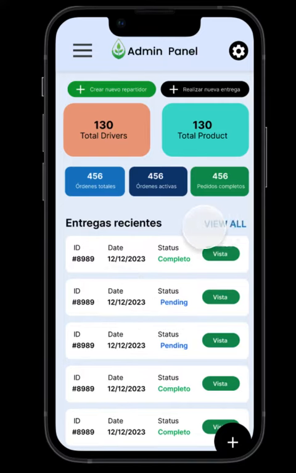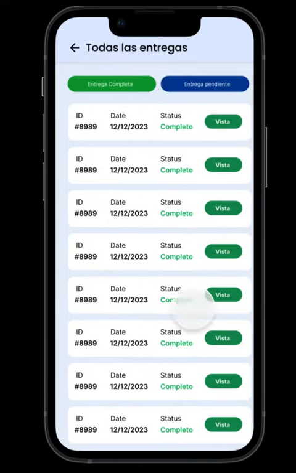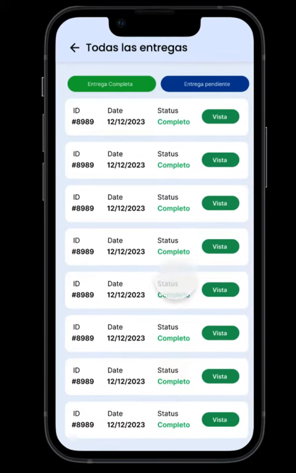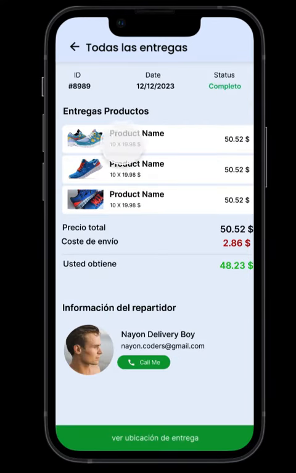Okay, admin can see their view all. So there is the view all. Admin can check everything. Like this is filter. Admin can filter. So once admin clicks view, admin can see their